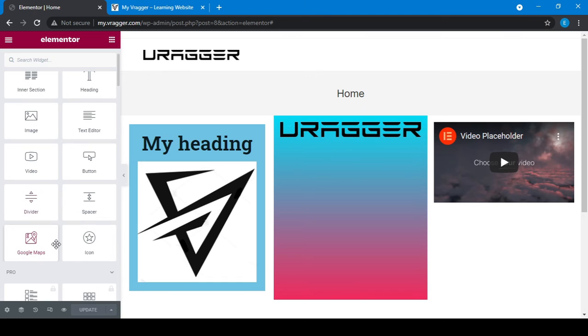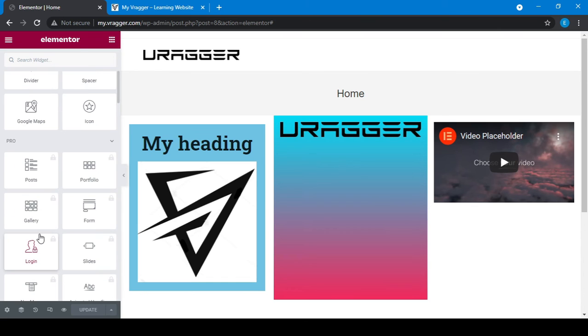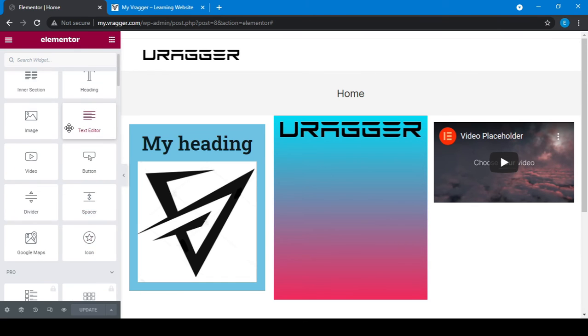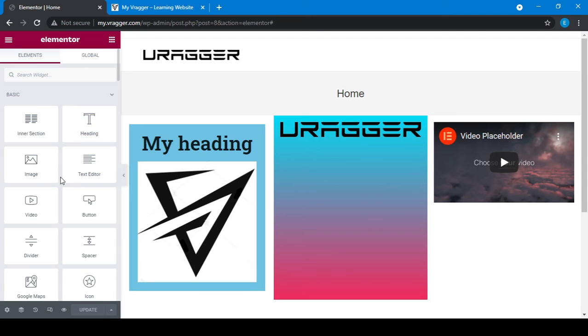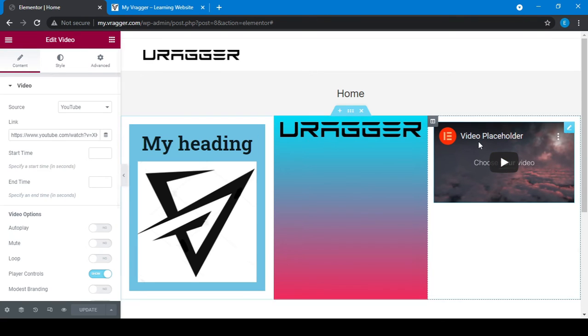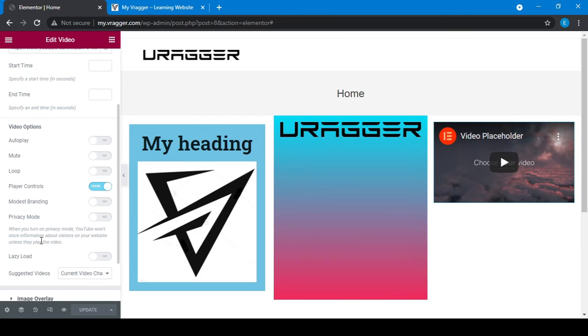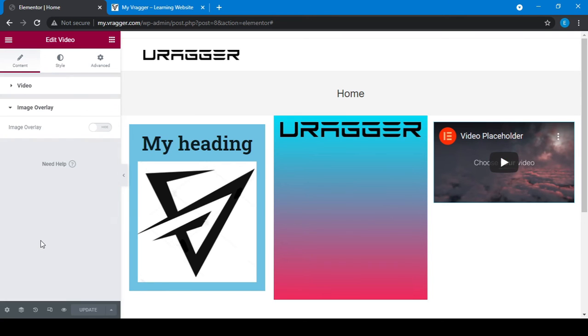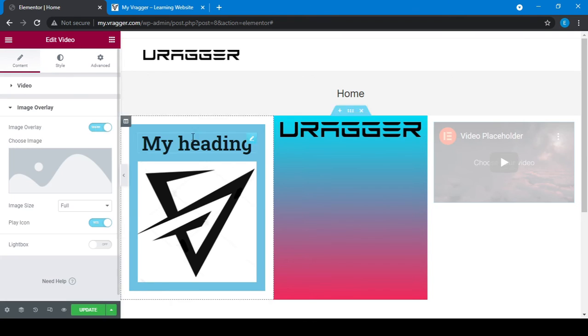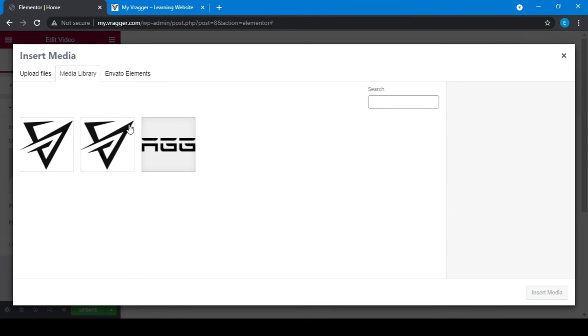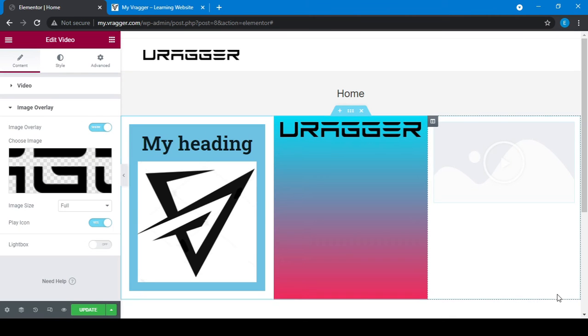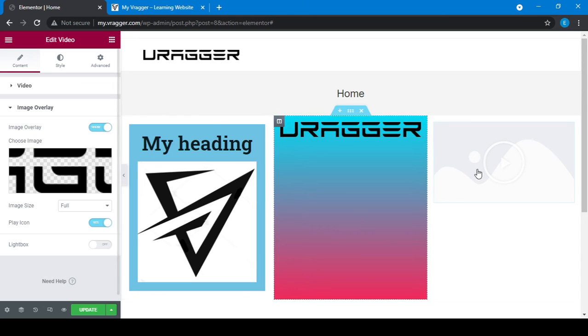You can also add many things: icons, Google Maps, slides, login. Some features are free and some are pro. We are using only free features here. If you don't want this picture, you can use image overlay. You can add an image overlay, and whichever image you choose will be overlaid on the video.